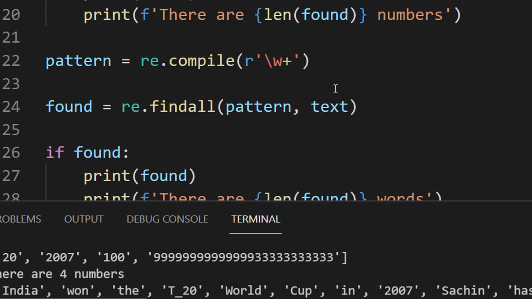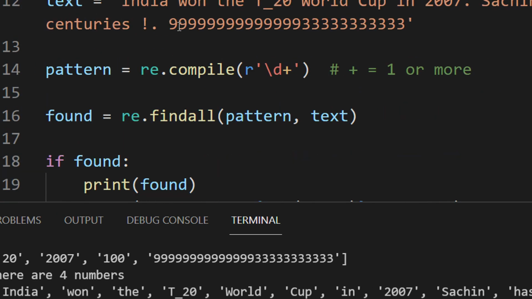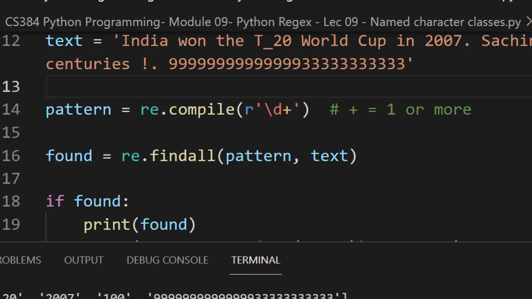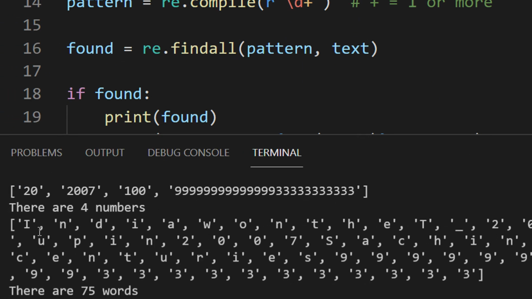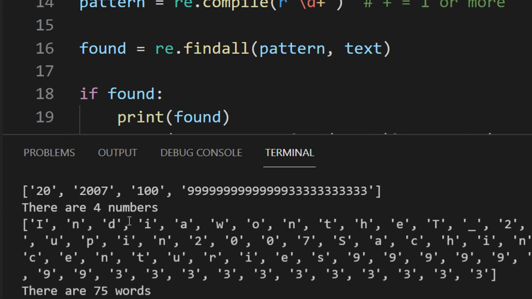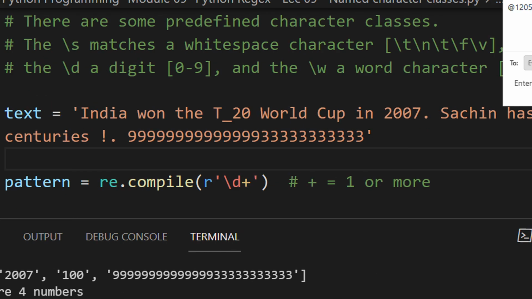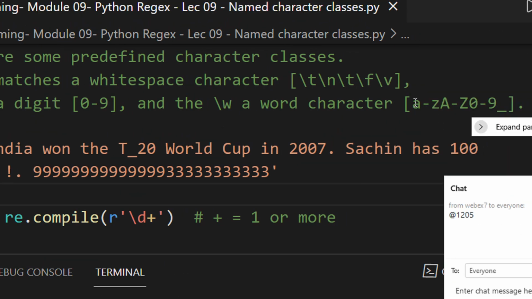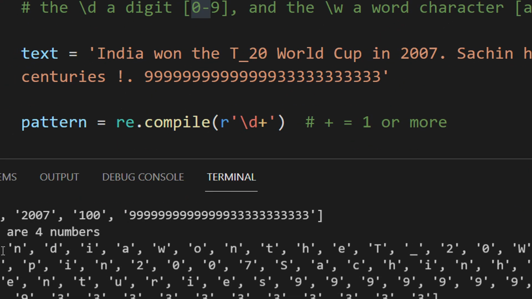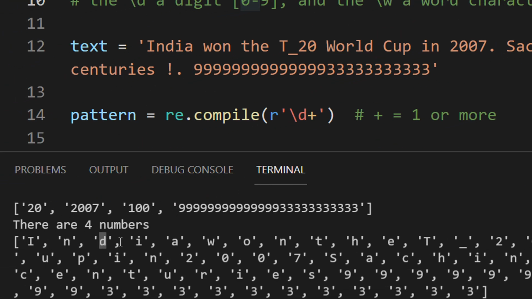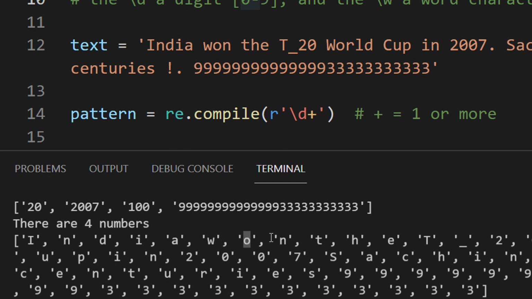Fine. So again, if I don't do a slash W plus, I just do a slash W here. So as you can guess, it will be all individual characters, a very long list, right? So you can see I, N, D, because slash W will match a single character out of a to z, capital A to Z, 0 to 9 and underscore. So now you can see I, N, D, I, A, W, O, N, the World Cup, right?